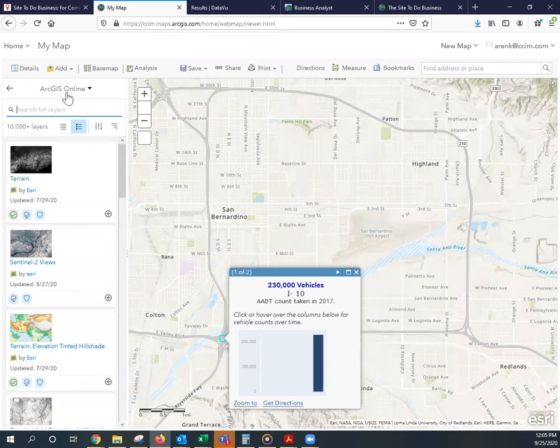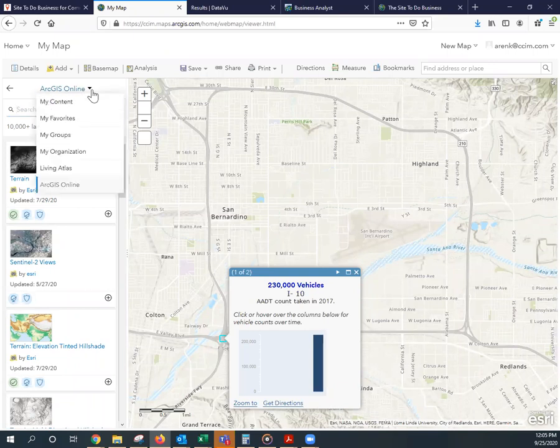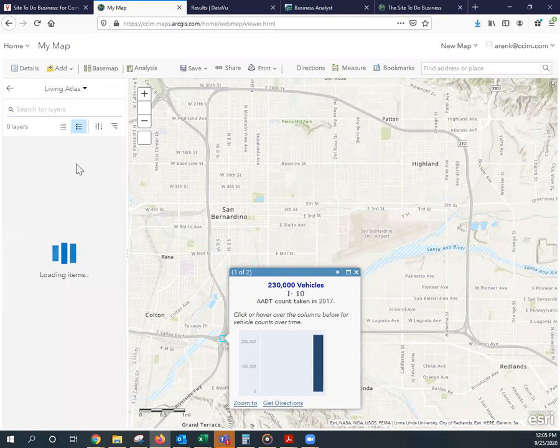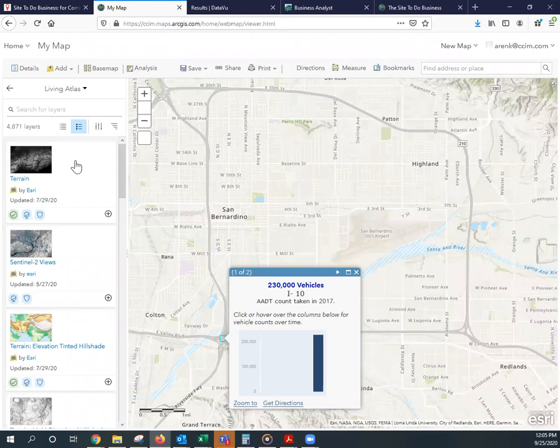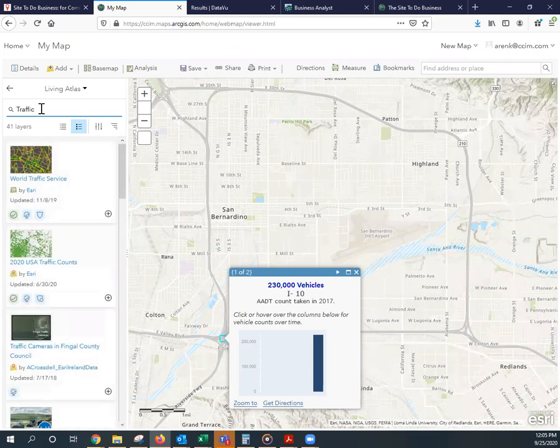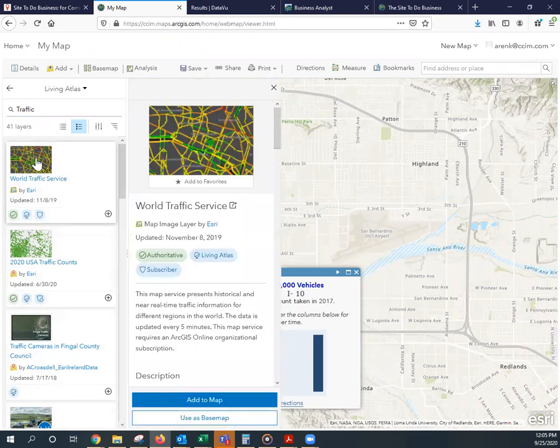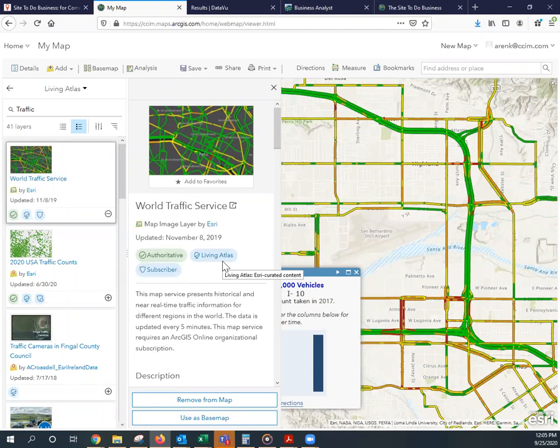There's also this other really nifty feature, and it's called the Living Atlas. The Living Atlas are items created usually by Esri that are updated live. So if I was still interested in traffic, but I wanted a more minute by minute report, I could pull up this World Traffic Service layer, and I hit Add to Map, and you can see it has this tag Living Atlas,